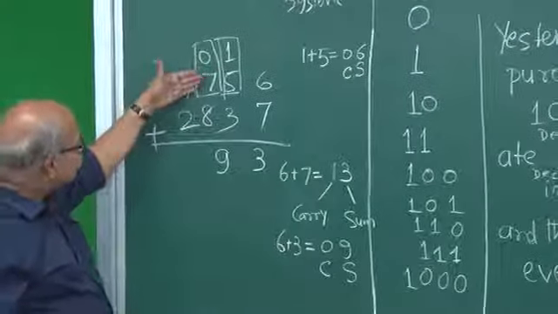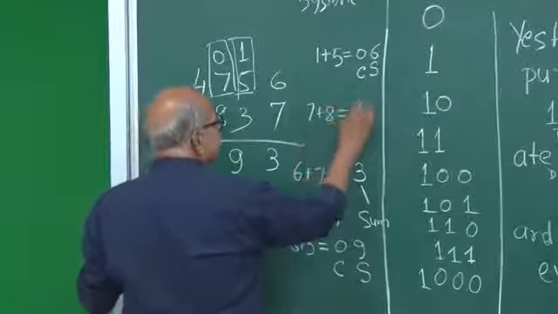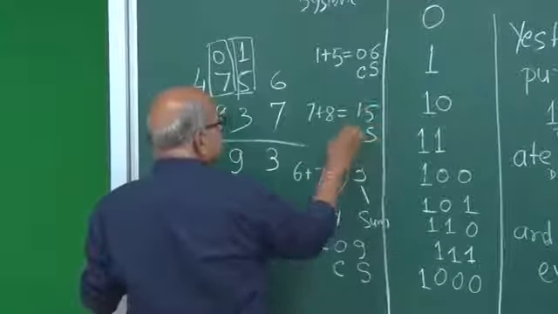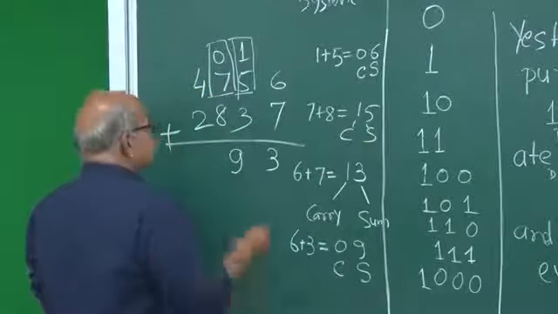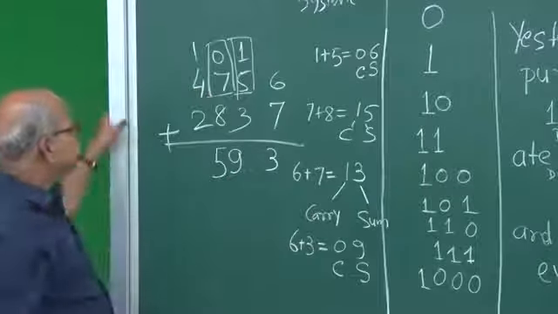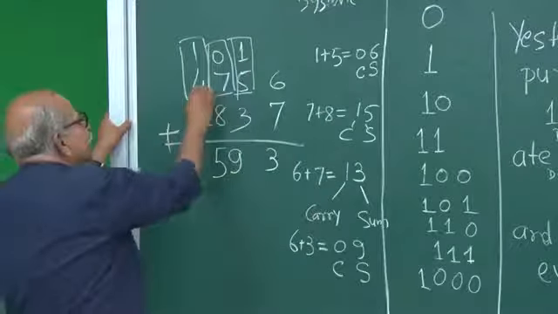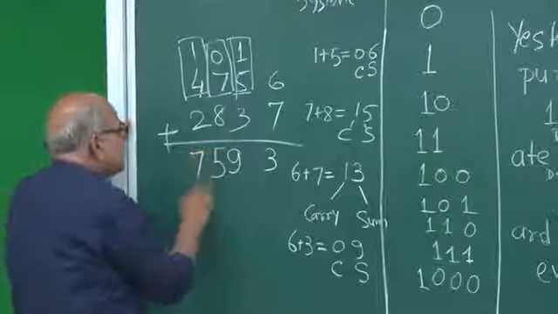So, that is it, and therefore, the 7 plus 8, and that 7 plus 8 is 1, 5. So, this is the sum, this is the carry, and so sum I will write here and the carry I will write here. Then once again 1 plus 4 and same story, then 5 plus 2, same story, 7, and